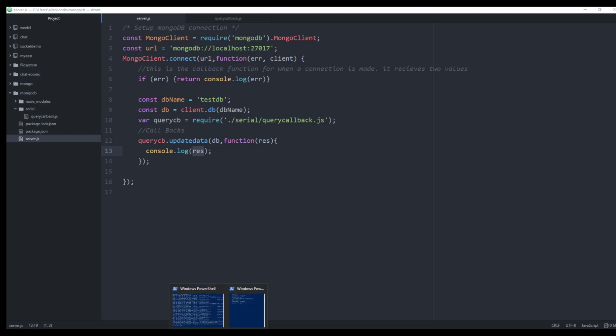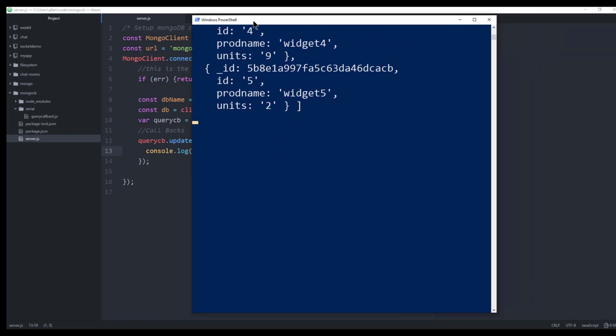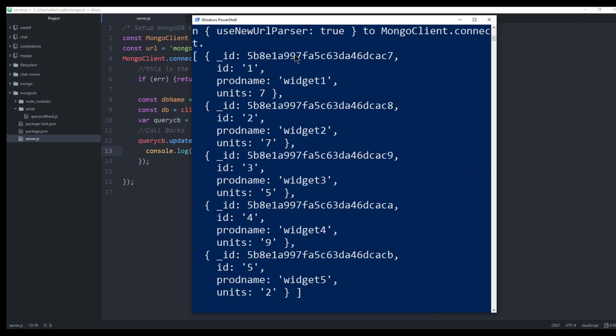So let's have a look at that actually running. This only happens, because it's a very simple example, when we start up our node server. So let's do our node server.js, and we'll see here what's happened. You can see this is the end result of all that happening, which is a listing of all the items that are currently in our product database. So we can see here that product ID 1 that has a name of widget 1